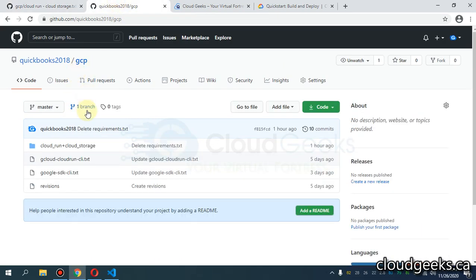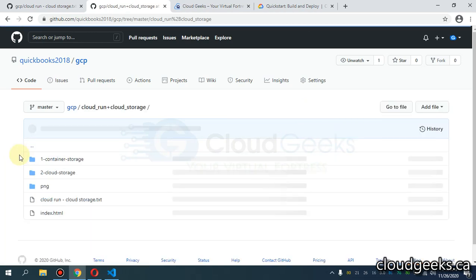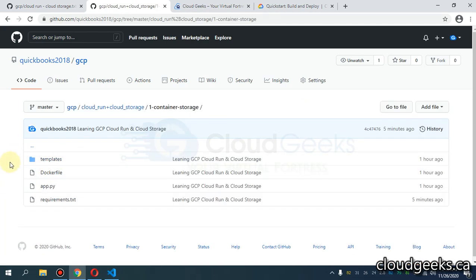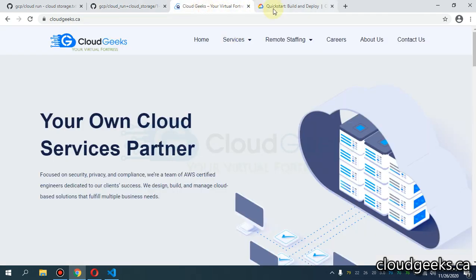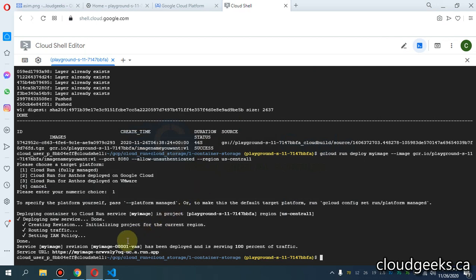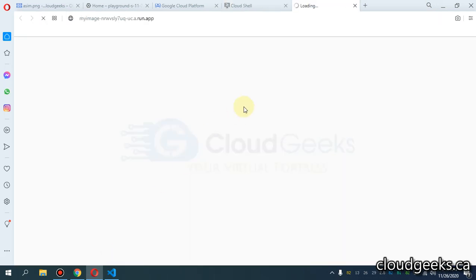Let me show you, okay, Cloud Run storage, this is the one we are covering. Now this is the requirements.txt. I will show you that